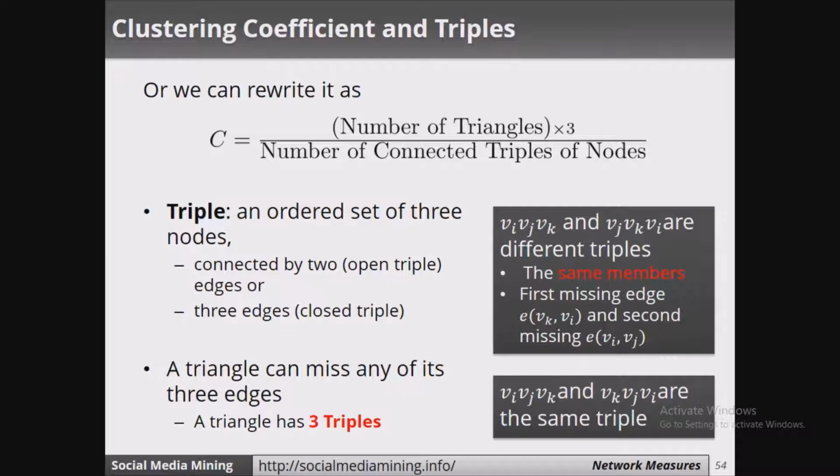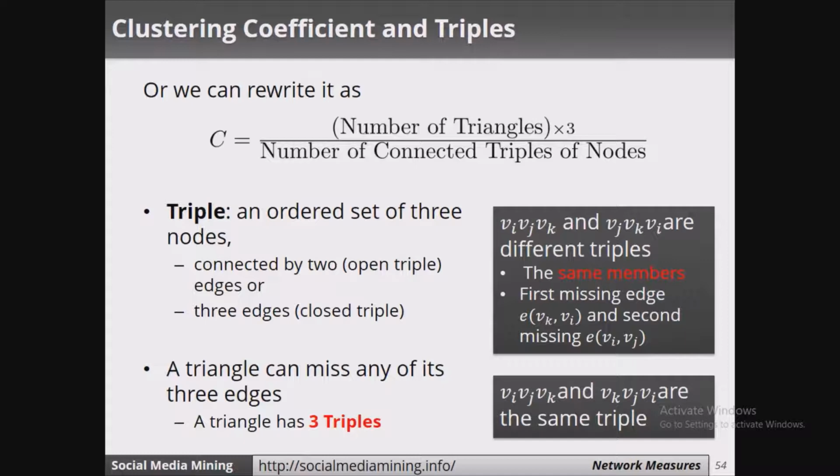If you look at the second box, they have given another triple example. We have two triples here, Vi, Vj, Vk and Vk, Vj, Vi. So they are said to be the same triple. Let's see why. Because there exists an edge from Vi to Vj and Vj to Vk. Similarly, there is Vk to Vj and Vj to Vi. The edge missing here is between Vk and Vi in both cases. So they are the same triple.